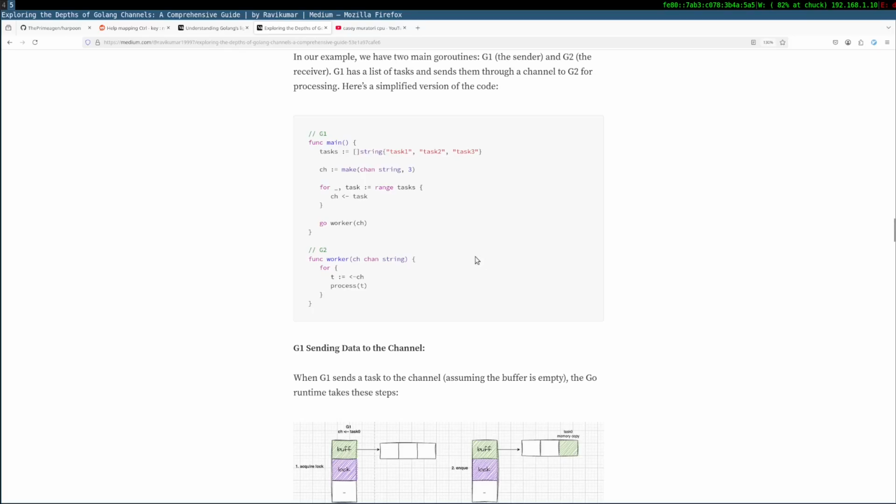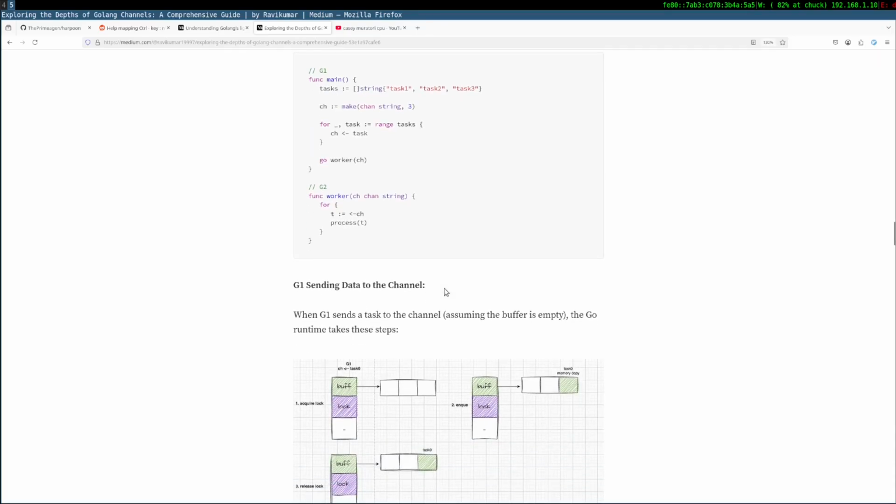Okay, and for loop I create a variable t and process t. Okay, it makes sense.